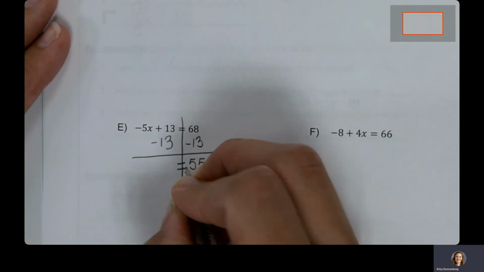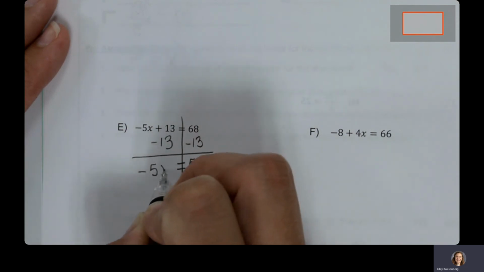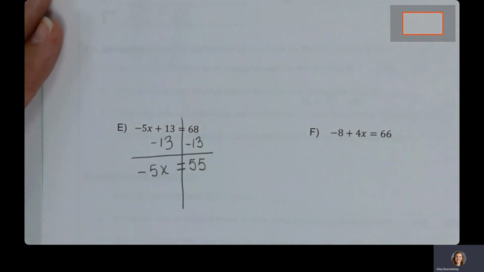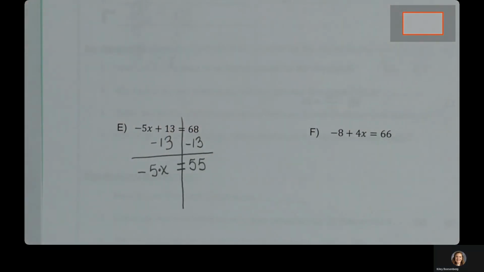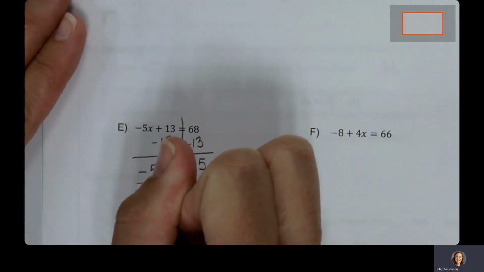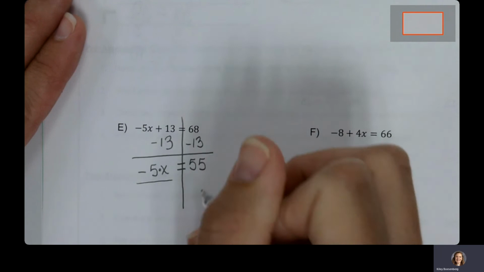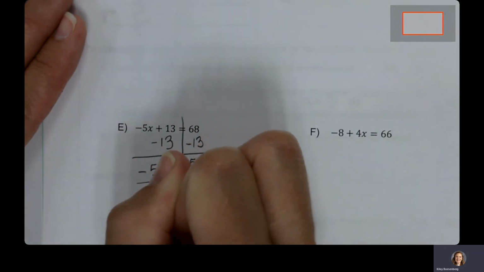That's 55 on that side. Over here is a negative 5x. We talked about this yesterday, but we're going to keep reiterating it. When you do your division or when you do your multiplication, if the number is negative, it has to stay negative, okay? Because we want to make sure that the negative and the 5 cancel out, not just the 5. So when I divide both sides here by a negative 5,